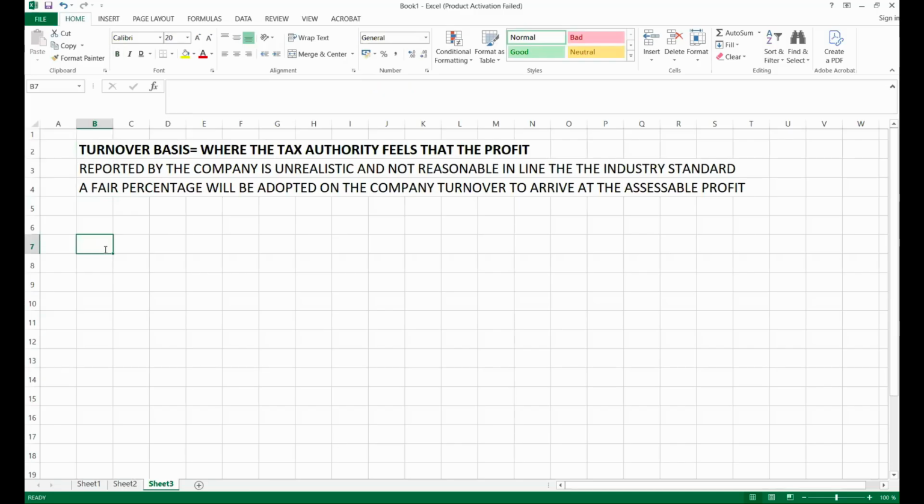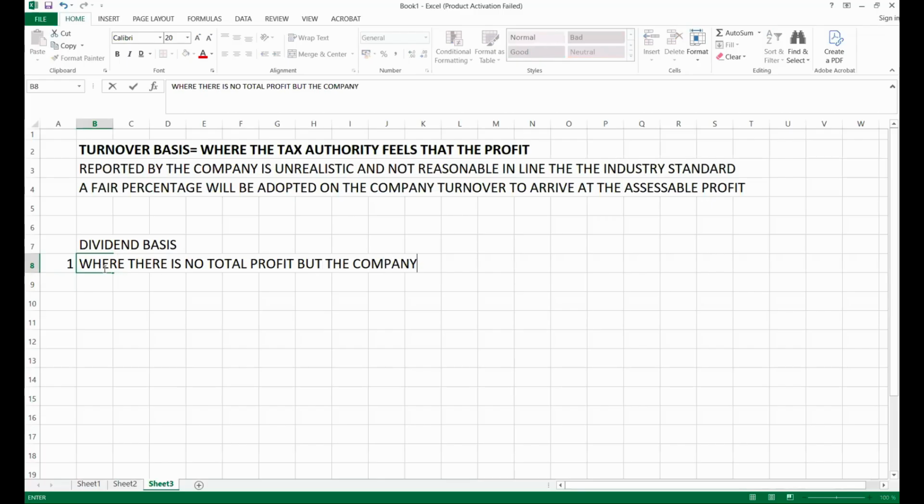So apart from the turnover basis, we also have another basis, which is the dividend basis. The dividend basis is another basis that can be adopted to determine the tax liability of a company. This is adopted in the following scenario: number one, where the company is reporting a loss, where there is no total profit, but the company is paying dividend. So where a company did not make a profit, but they are paying dividend in that same year of assessment,